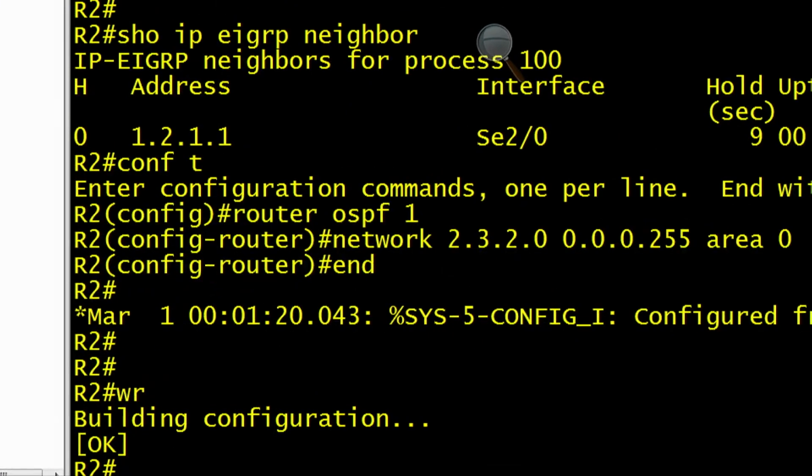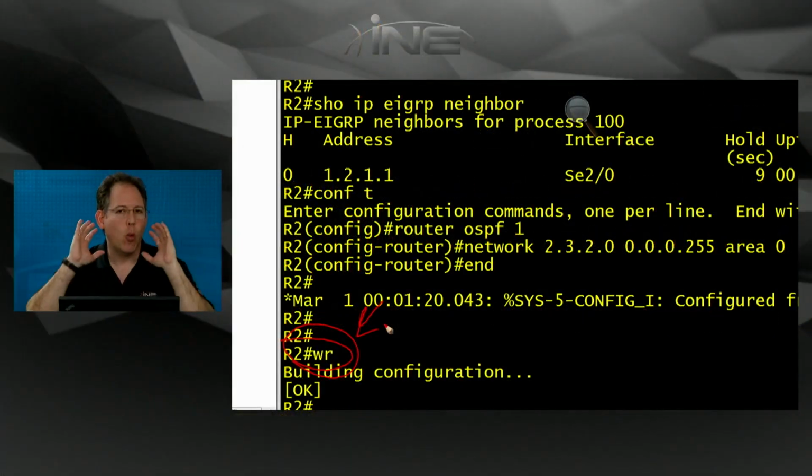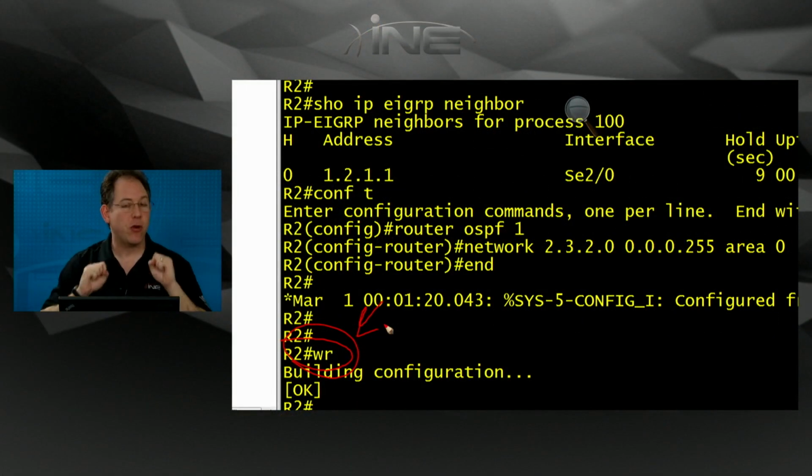I'll zoom in on this. In this particular case, I issued the write memory command. It's abbreviated here, but I could also have issued the copy run start command. Why is that important? Because when you take the snapshot, when you create it, at that moment in time, it